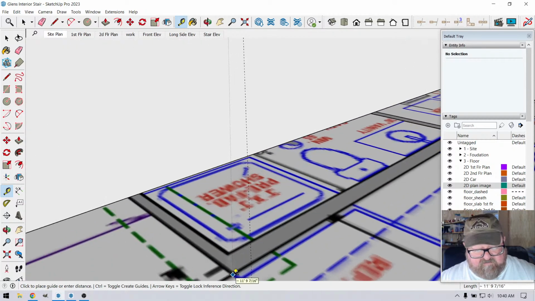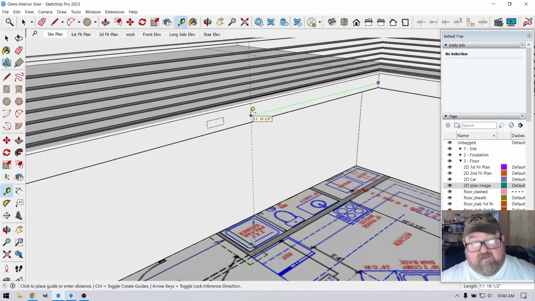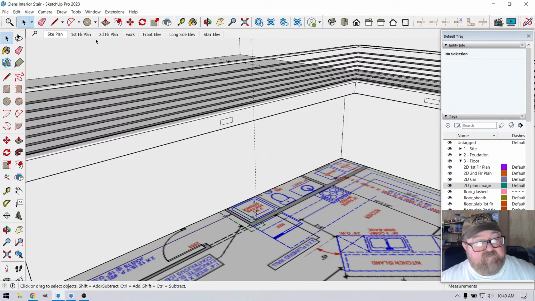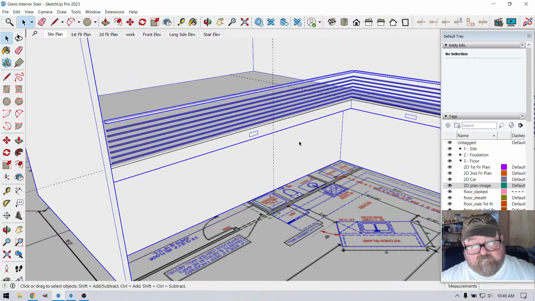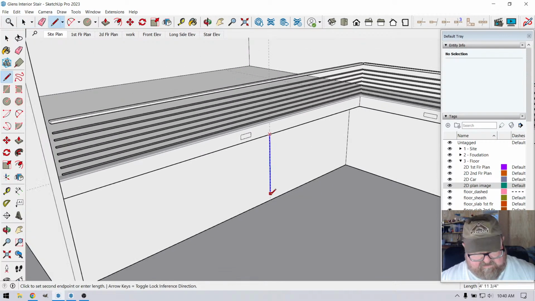If I go 11 feet 9, maybe I'll get Glen to help me fix this. But there's a wall that comes out flush with the